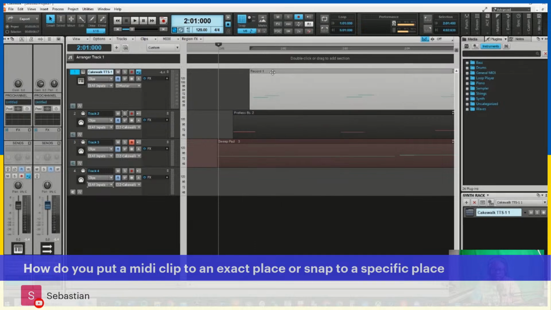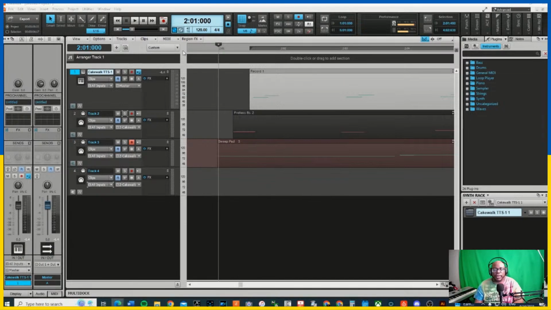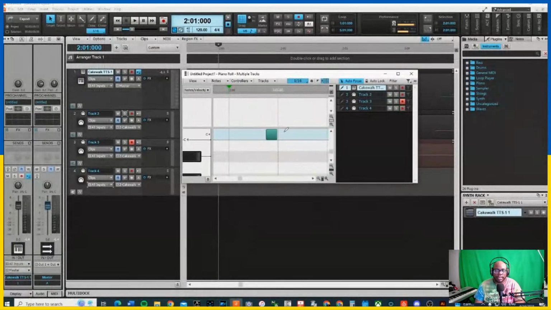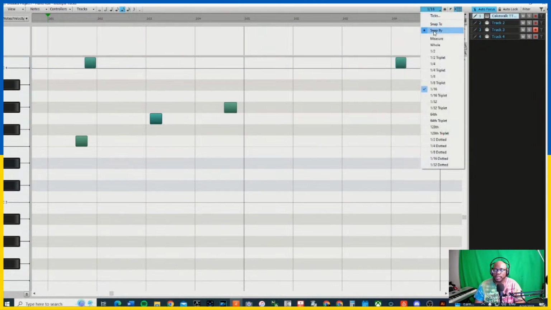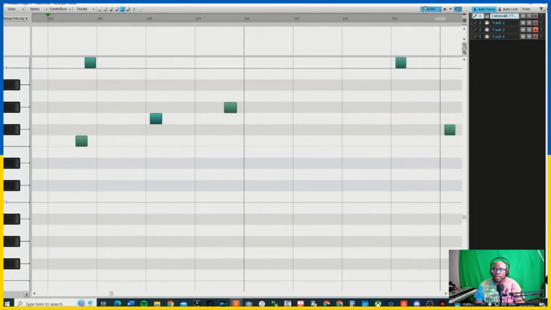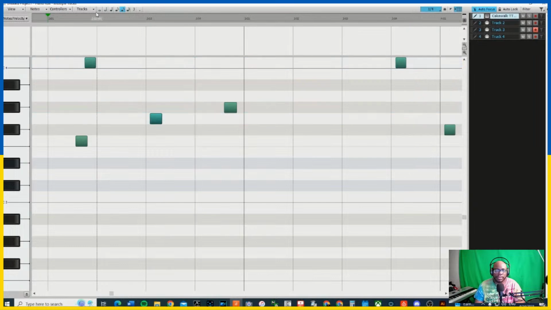Interesting. Well, I guess that part is not on there, but another way you can do it is like double clicking, like I said, on the piano roll. And once you have the resolution up here, same thing. I can click on this, change it to whatever I wanted. So if I want it to be quarter notes, I can take this note and